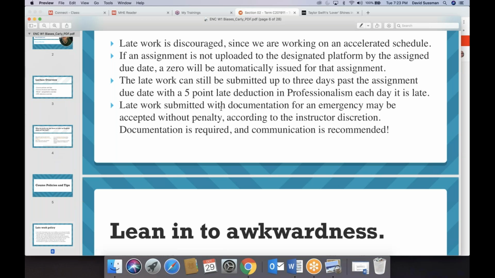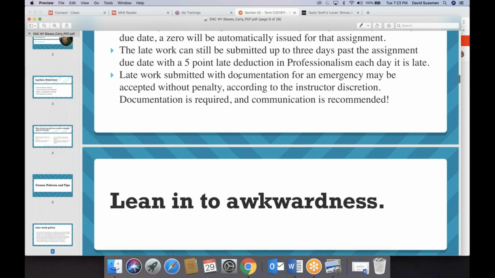Email. But if you let me know in advance, let's say on Friday, hey, I know I'm going to be working double shifts all weekend. I could really use the extra day. I'll say, fine, you can have it. I'm pretty good with that. Okay. But yeah, I don't really want to see documentation, even though that's the official policy. Just let me know with some advance notice that you could use an extra day or two, and I'll probably be happy to give it. Okay.